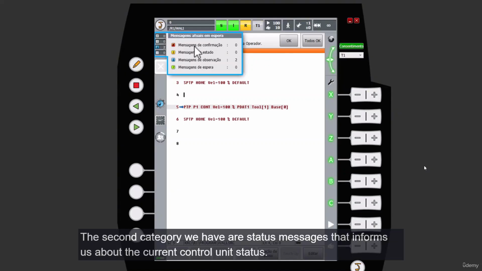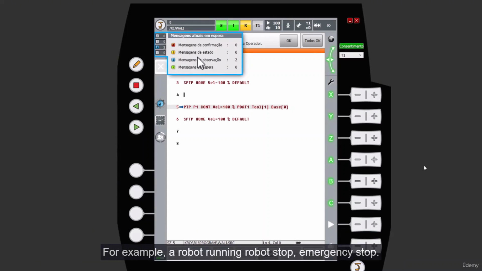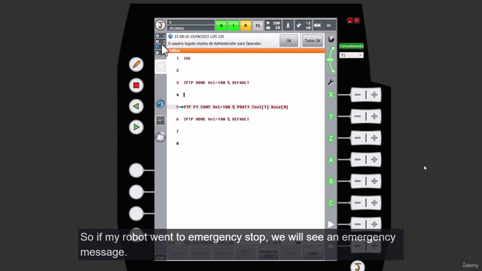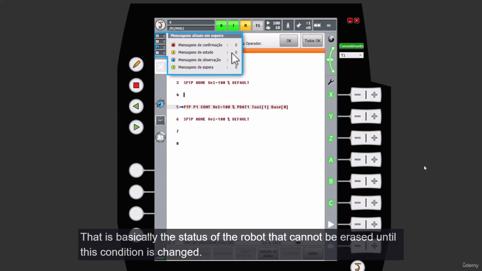The second category we have are status messages that inform us about the current control unit status. For example, robot running, robot stop, emergency stop, all those types of events that are logged here, and those messages can only be acknowledged when the failure or the event is no longer present. So if my robot went to emergency stop, we will see an emergency message that is basically the status of the robot that cannot be erased until this condition is changed and we have a next